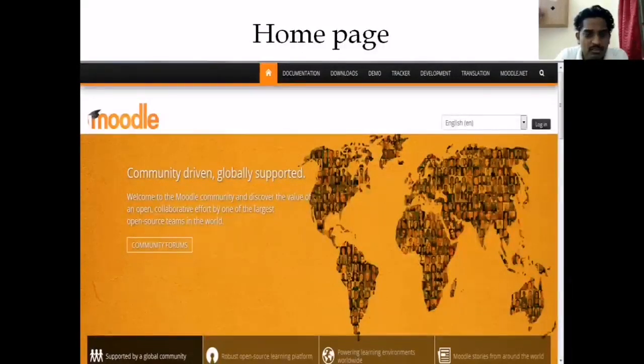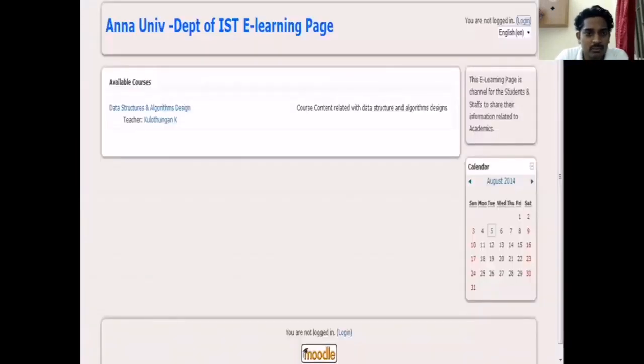So how it works is that you can go here. Moodle is open source software. Once again, you can download the Moodle version and you can install it on your desktop. And there are some examples. There are so many higher education institutions using Moodle for their e-learning platform. So from India, I can take one example like Anna University. Anna University is using Moodle for their e-learning purpose. So this is an example here.